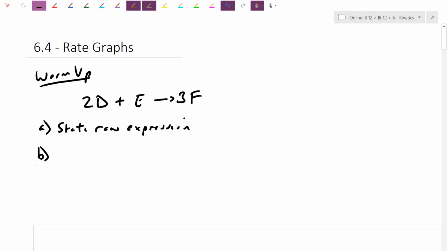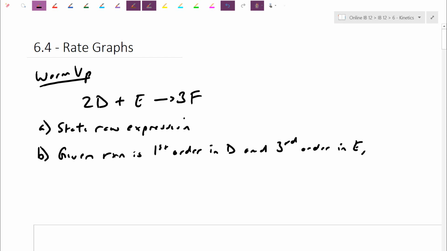I'm going to have done the method of initial rates, essentially setting up my experiments, just doubling one chemical and leaving all the other chemicals constant so that I can first find the order. If I know all the unknowns, I can always ask you to calculate for one missing one. So I'm going to say, given the reaction is first order in D and third order in E, calculate K, which is the rate constant. Calculate K